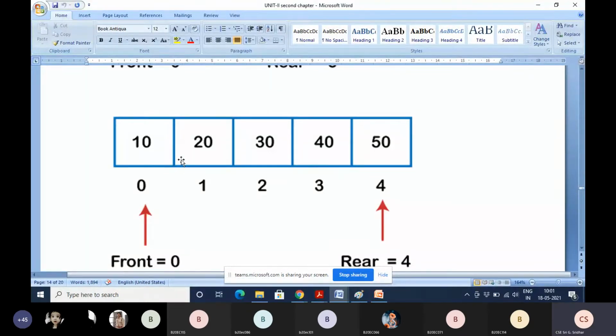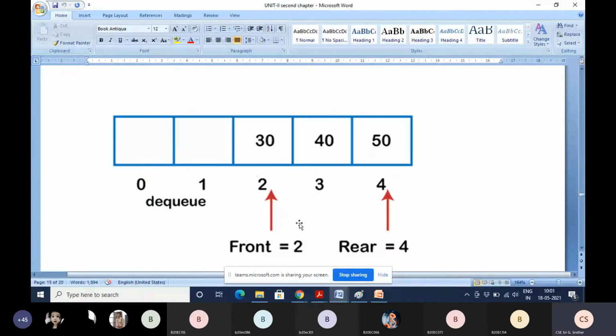When you perform the DQ operation 2 times, what happens? The value at front is deleted and front is incremented by 1, right? Then again you are performing one more DQ operation. That means 20 is deleted, which is at the front position, and again front is pointing to the second position. Now this is the case.